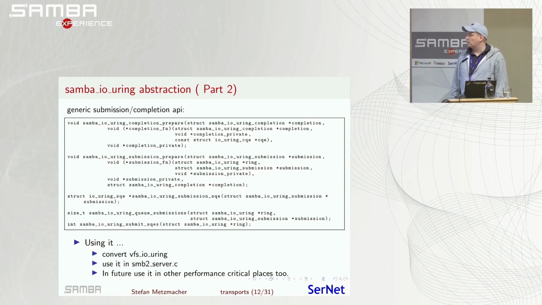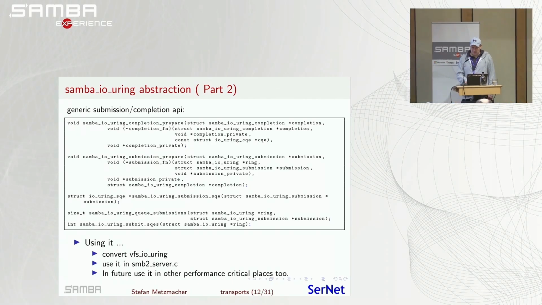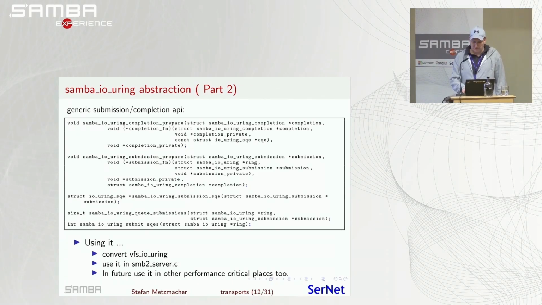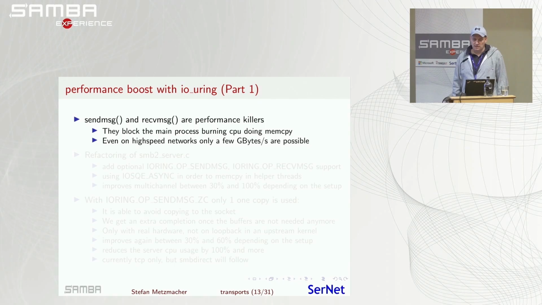And with this API I converted the VFS module, and then in the next steps I converted the SMBD server logic. And for testing I also did something in the client, but that needs more additional work in future. So this gives a very great performance boost, but also tells us that the performance was not good in current